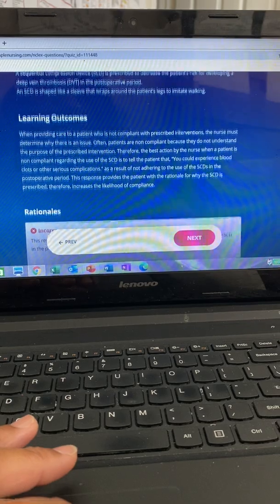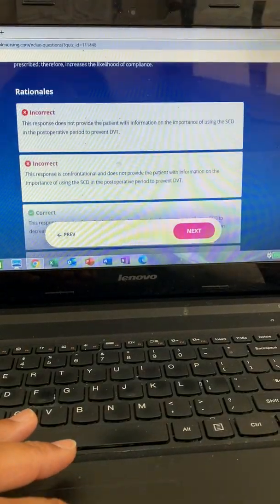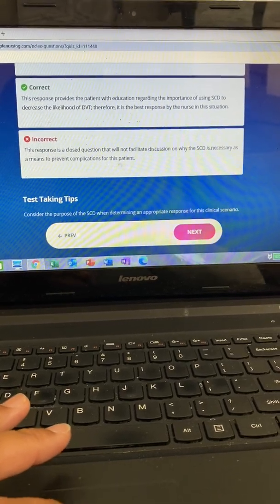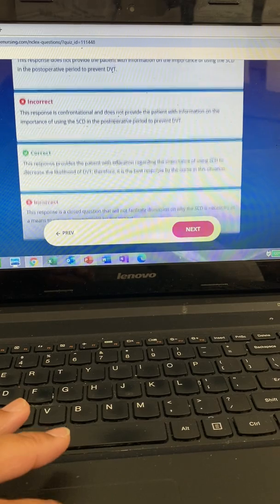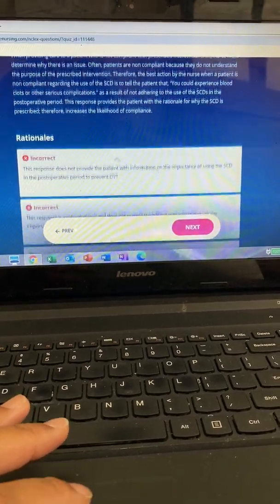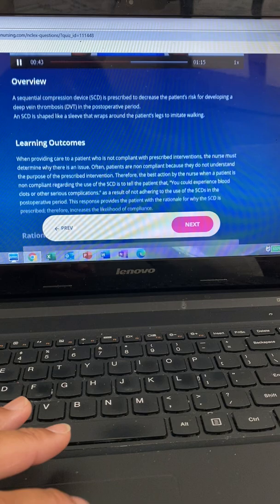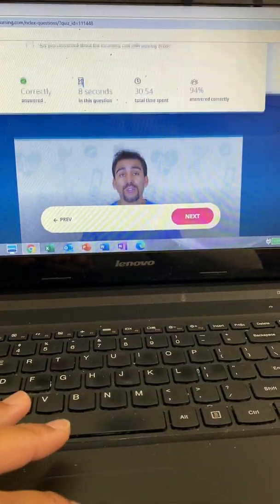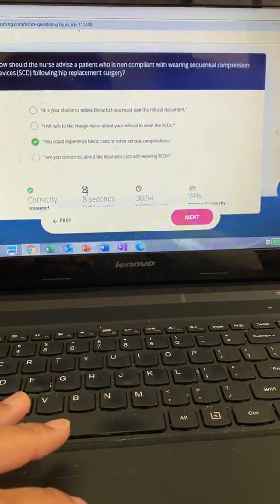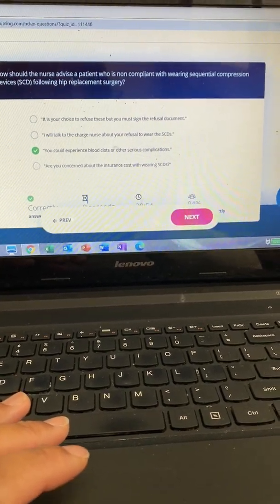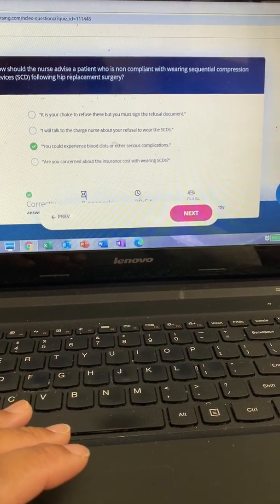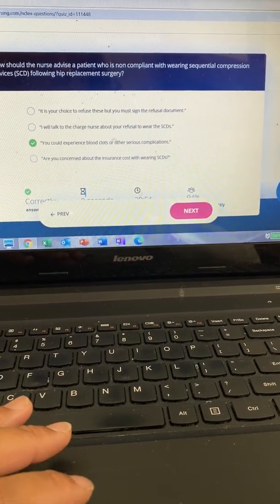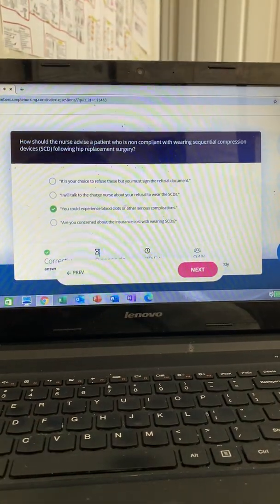So let's look at our options. Option 1 is technically incorrect. Guys, it's our patient's choice to not wear the SCDs. There's no documents that need to be signed. The patient just needs to be encouraged and educated here. So option 2 is also incorrect. Guys, talking to the charge nurse and telling mommy kind of thing doesn't encourage the patient to wear those SCDs. So option 3 is correct here. Educating the patient about the need for the SCDs and the potential complications reinforces the need and also educates the patient. And option 4 is incorrect. Assuming the insurance issue, guys, that's